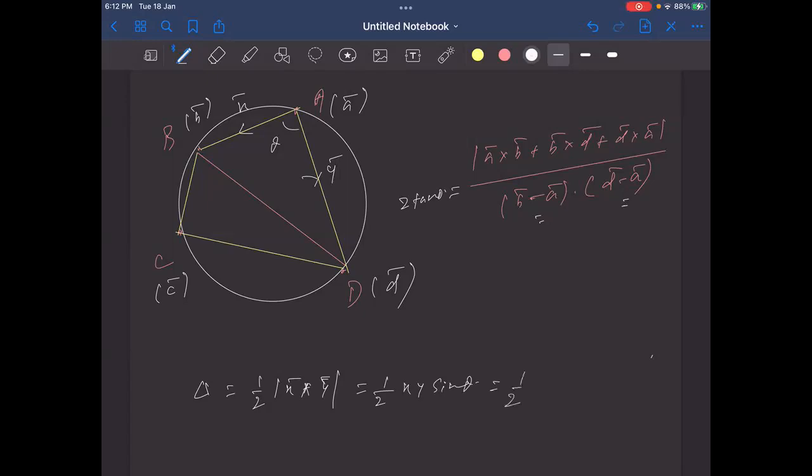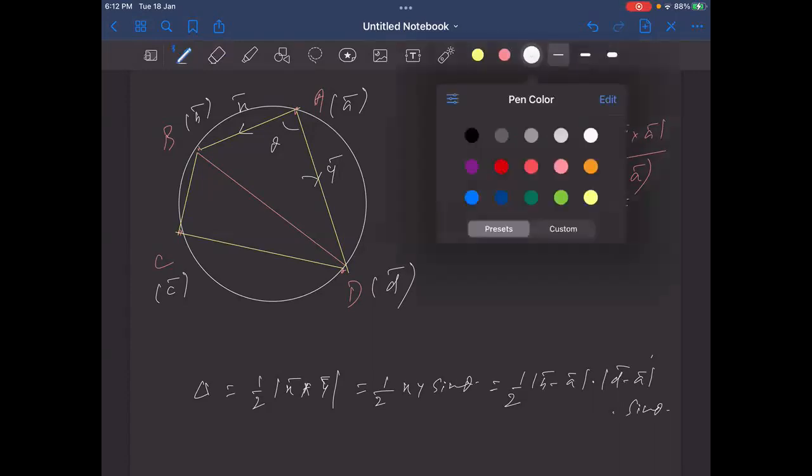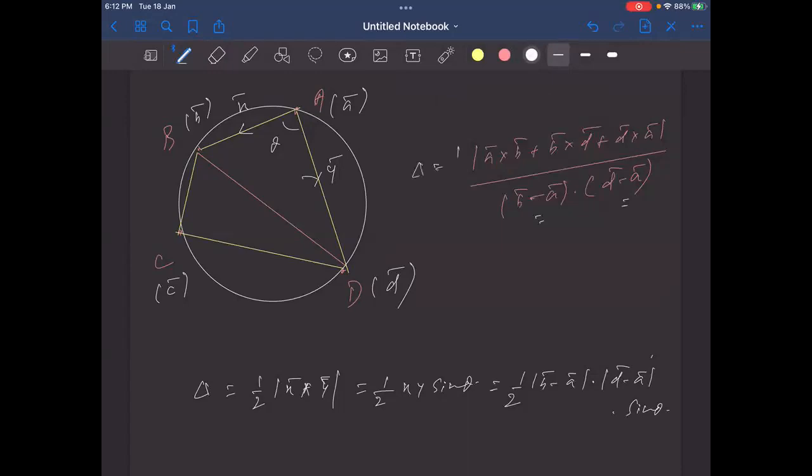तो x y साइन थीटा हो जाएगा हाफ, तो क्या है x? व्हाट इज x rather? x इज mod of b minus a, y is mod of d minus a into sin theta, है ऐसा? बताओ, है ऐसा? Yes, sir. करेक्ट है। तो ये जो ऊपर वाला है, अभी तो मैंने फॉर्मूला बताया ना कि यदि तीनों का वर्टेक्स है तो ये एरिया ऑफ द ट्रायंगल होता है। न्यूमरेटर की बात कर रहा हूँ, ये करा ना अभी हमने कि तीनों का पोजीशन वेक्टर से तो ये एरिया ऑफ द ट्रायंगल। तो वो जो ऊपर वाला पार्ट है एरिया ऑफ ट्रायंगल, उसको मैं इससे रिप्लेस कर रहा हूँ।